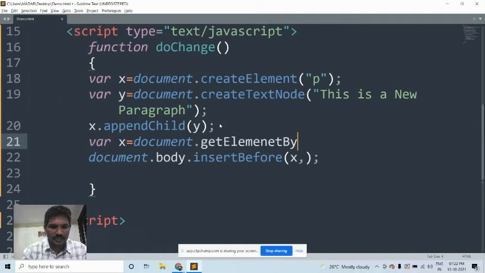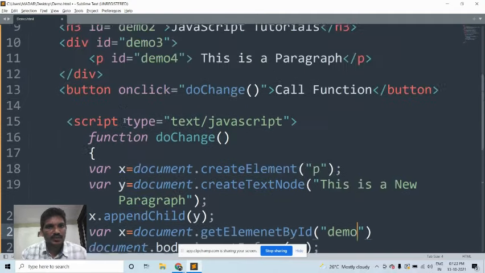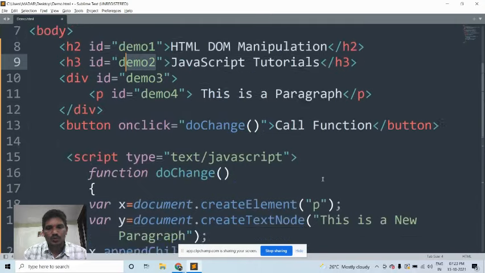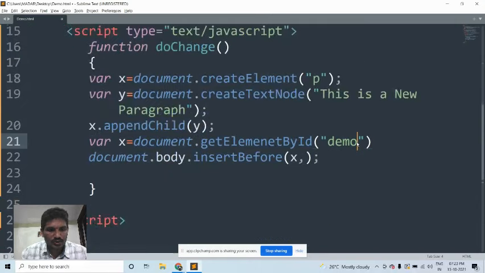What is the ID name? What is the ID of this one? Demo 2. Okay, demo 2. document.getElementById demo 2, followed by the semicolon.